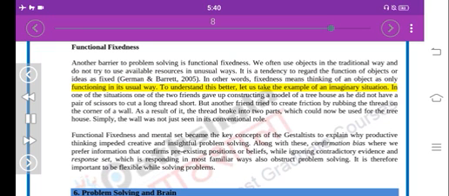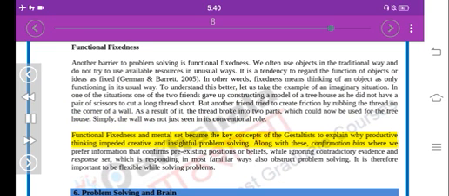To understand this better, let us take the example of an imaginary situation. In one of the situations, one of the two friends gave up constructing a model of a treehouse as he did not have a pair of scissors to cut a long thread short. But another friend tried to create friction by rubbing the thread on the corner of a wall. As a result of it, the thread broke into 2 parts, which could now be used for the treehouse. Simply, the wall was not just seen in its conventional role.